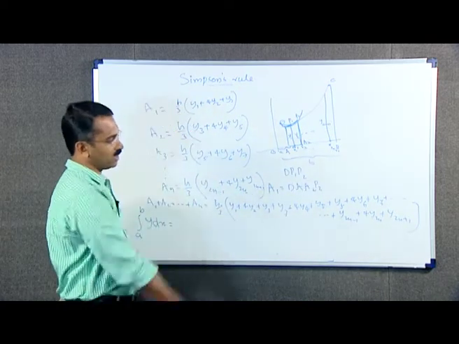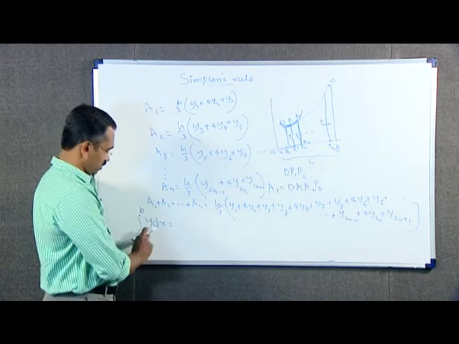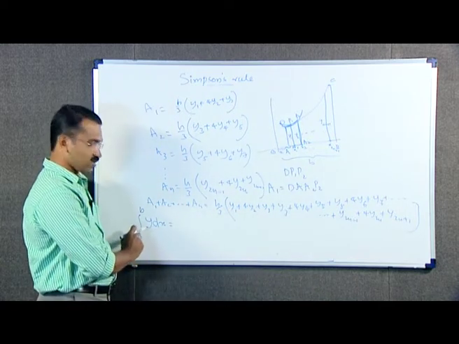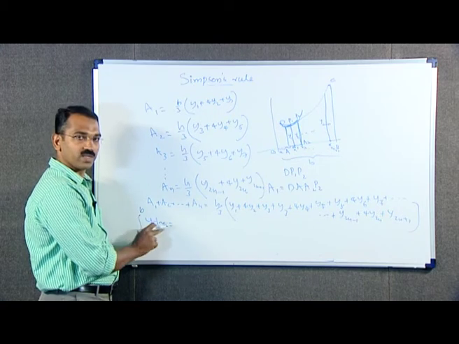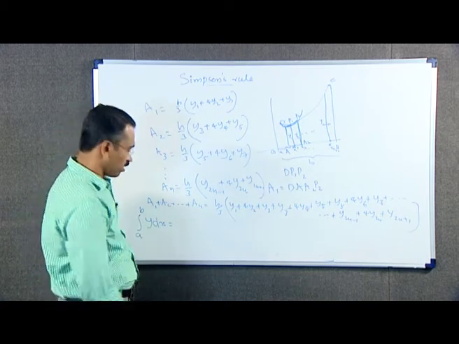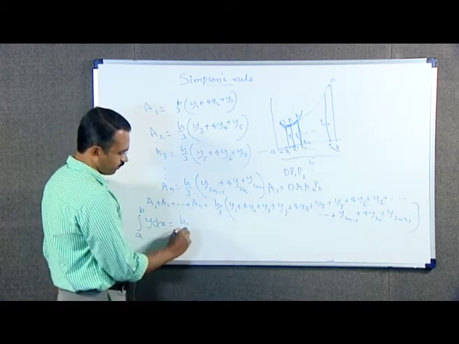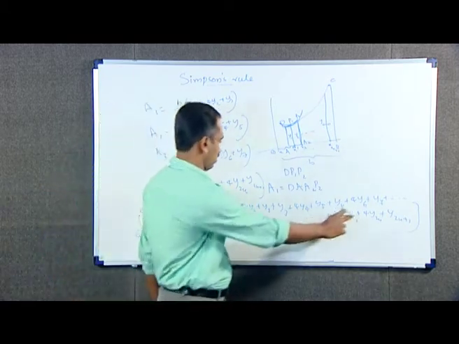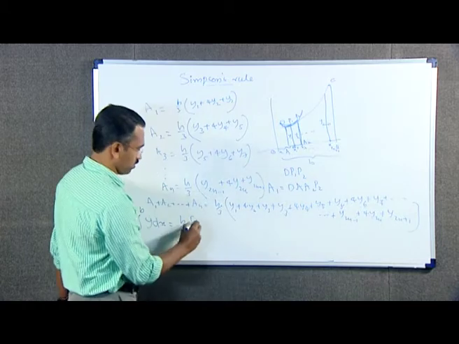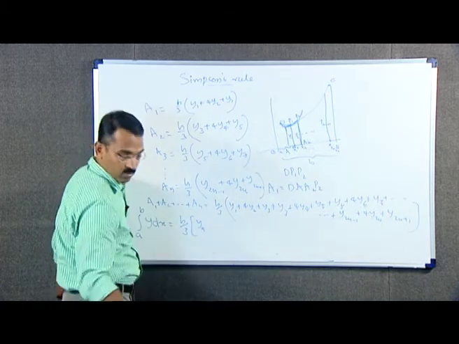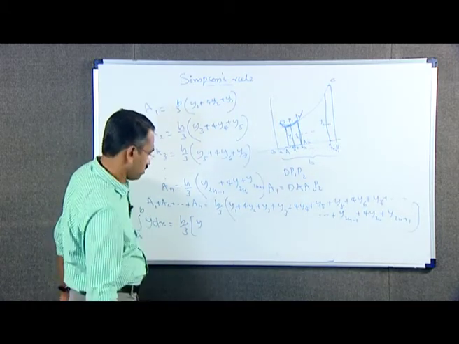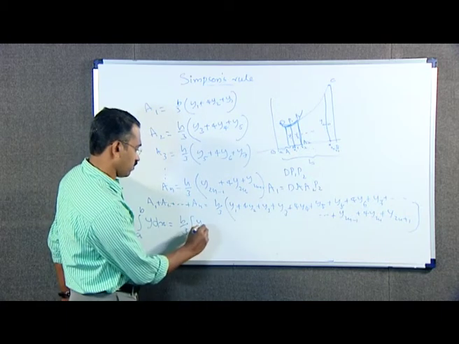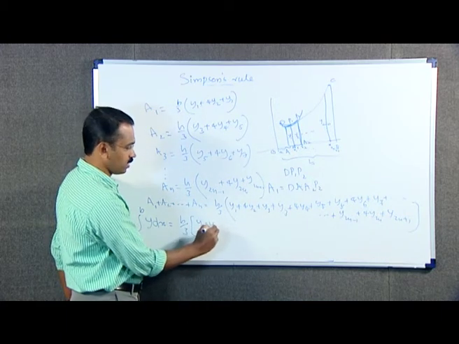Therefore, the integral from a to b y dx is equal to h by 3 into y1 plus y2n plus 1